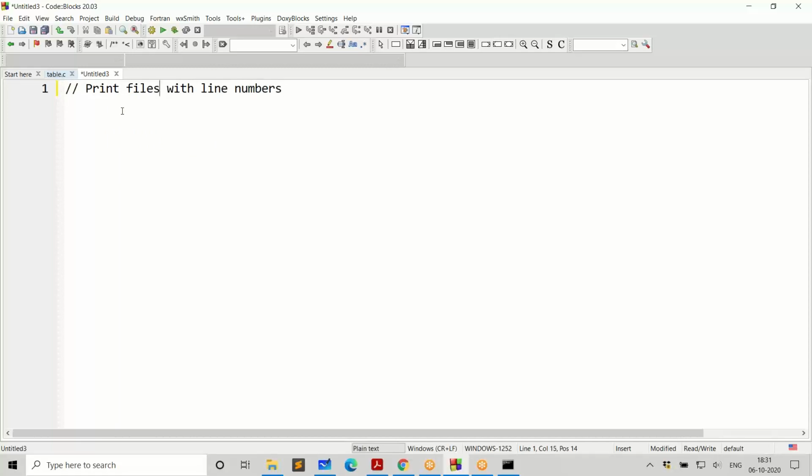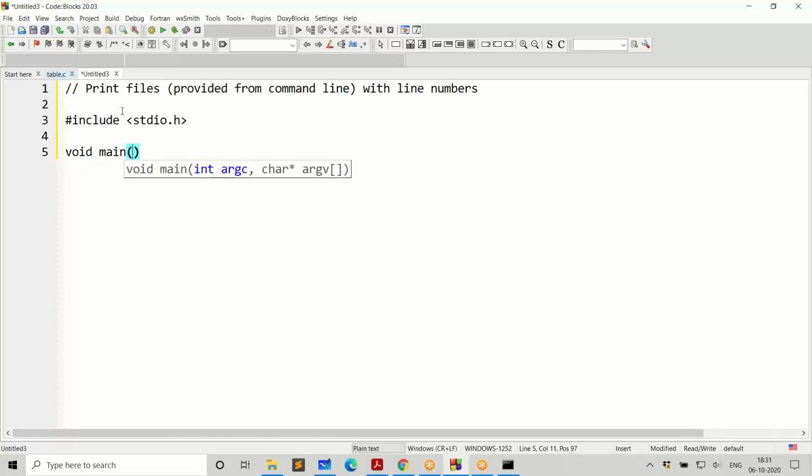But those files are supplied, provided from the command line. Whatever files are provided from the command line, I want to take all those files and make them available to the program. So let's do the routine thing, then main, but this time argc,